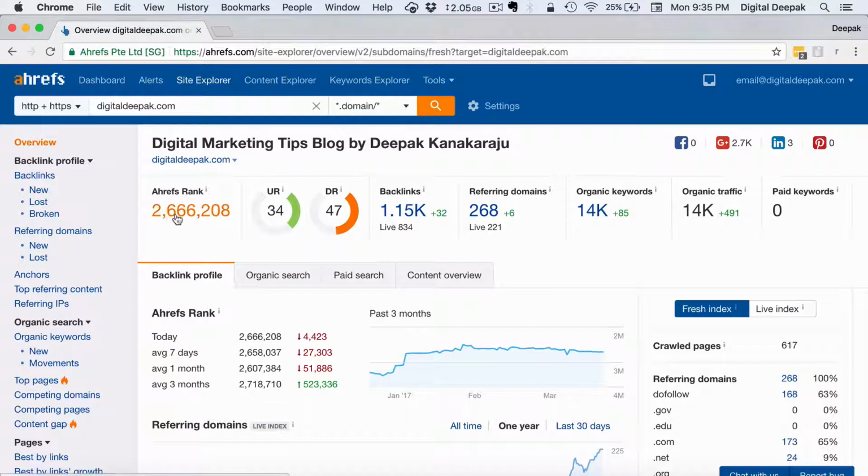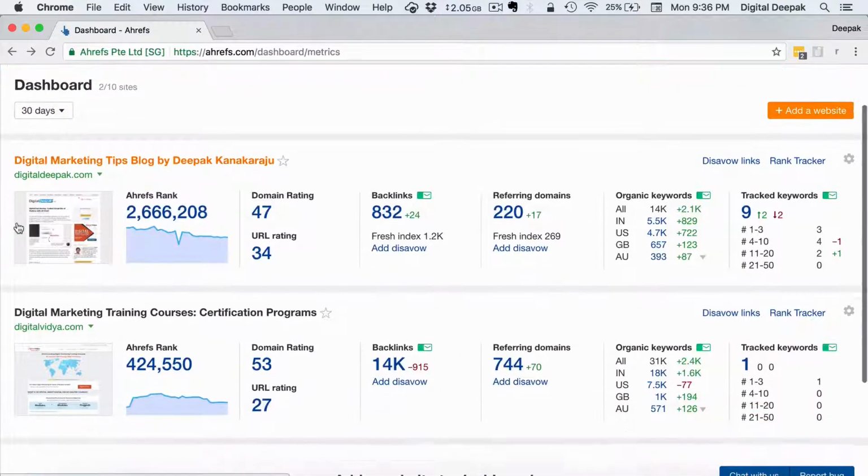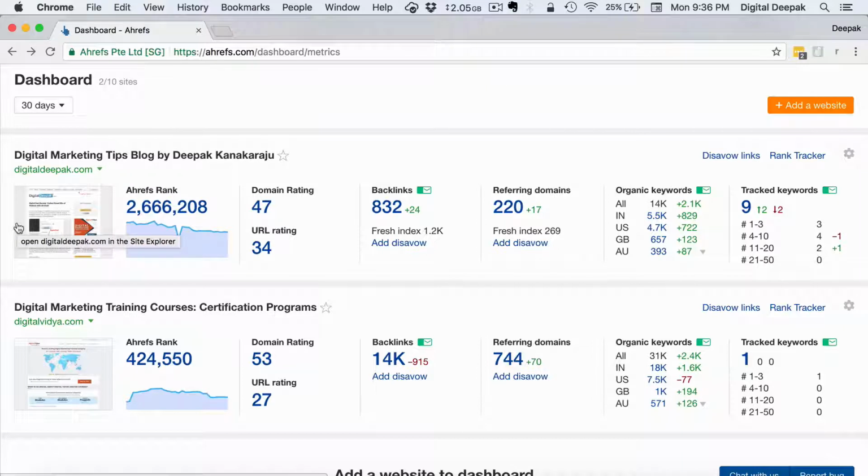So the first thing is Ahrefs Rank. Ahrefs Rank is basically a ranking algorithm by Ahrefs itself. And just like the search engines, these tools also have their own web crawlers which crawl the entire web and collect all the data. As of now, Ahrefs has more than 4 billion keywords in its index, and it has gained a lot of data over time, which helps it create all these reports which many people cannot do. This ranking is basically a comparative ranking within the Ahrefs system that helps you compare your website with other websites.